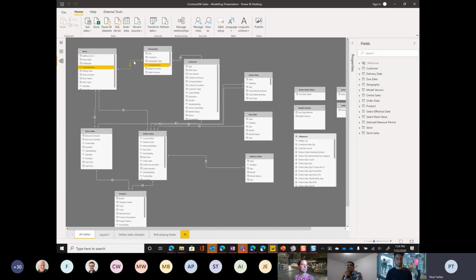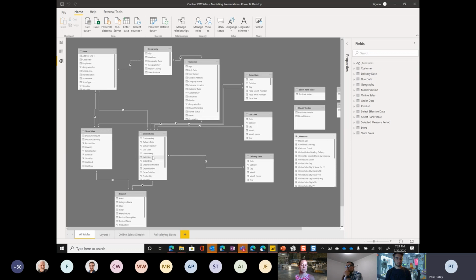Now there are a couple of DAX functions that can utilize an inactive relationship, but we're not going to do that. So how do I deal with that? Well, essentially what we can do is we can just work around our relationships altogether. Now we know the geography key from the store, and that will match up to a geography key in the geography table. So let's go take a look at